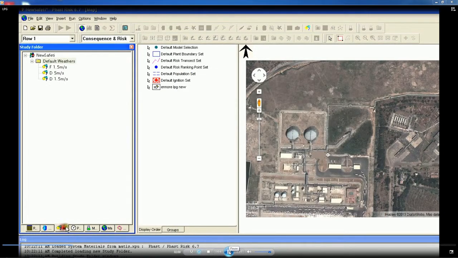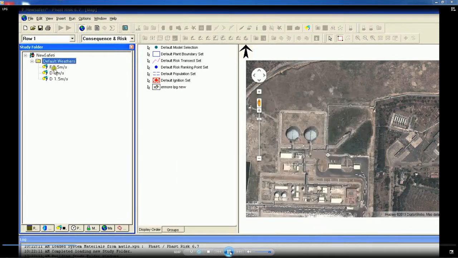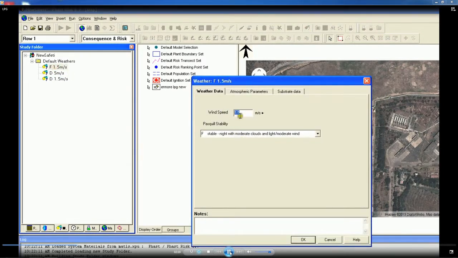Now, the new mixture has been predefined, and now you have got to define what we call the default weather conditions. Now, in this table on the left hand side you see these are FD nomenclatures related to Pascal stability class, and of course, the numbers you see adjacent to these legends are 1.5 meter per second, 5 meter per second, etc. And these are nothing but the wind speed available at the specific Pascal stability class associated with it. So, you select the default weather, then you say OK.